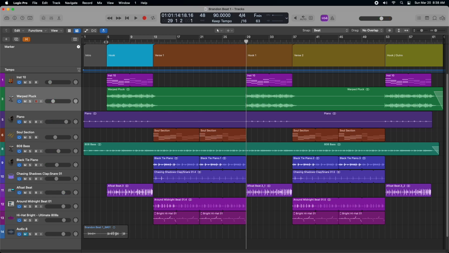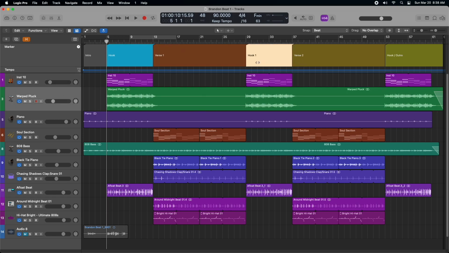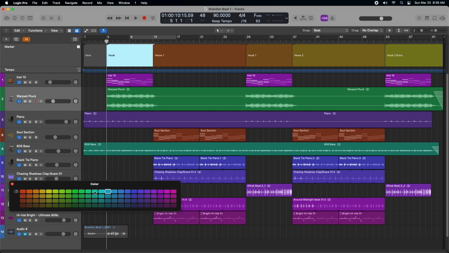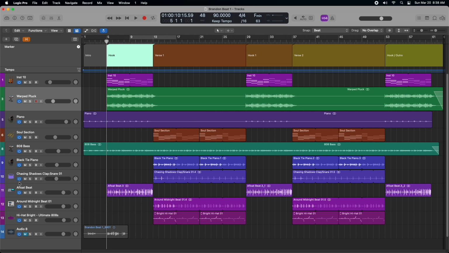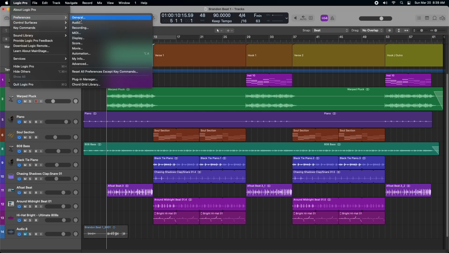So the last tip that I want to show you guys that's going to be really more of a time saver than anything are your track color settings and your marker color settings. By default, your markers will automatically set to this gray, every one of them, and you'll have to go through, hit Option C and change the color manually, which is not a big deal, but just as a little time-saving measure. So you'll go up to Logic Pro, scroll down to Preferences, and under General,